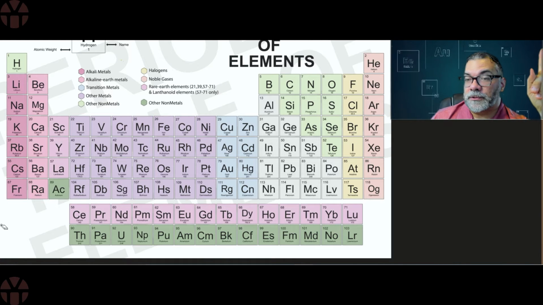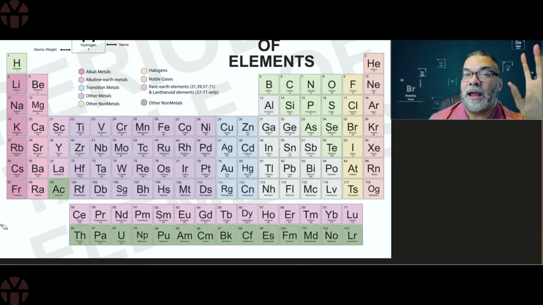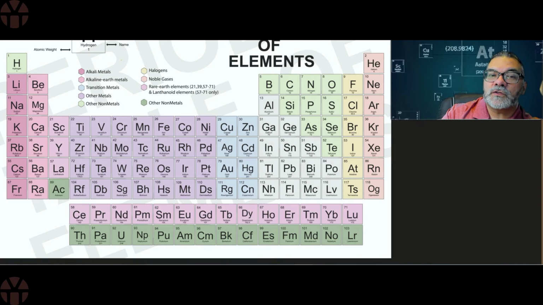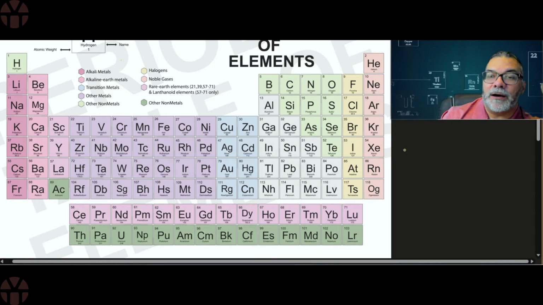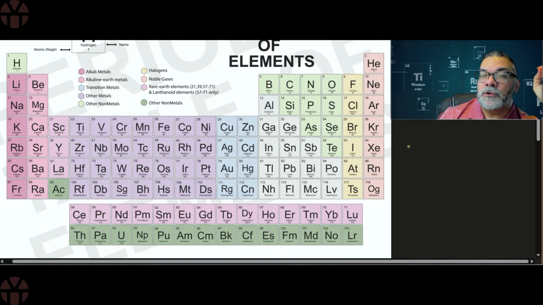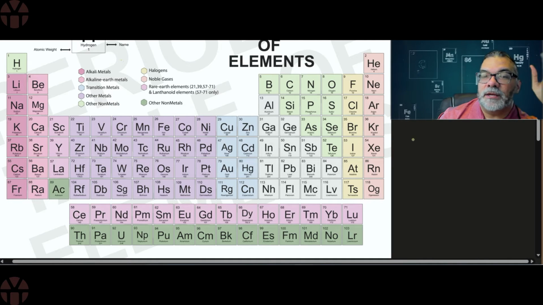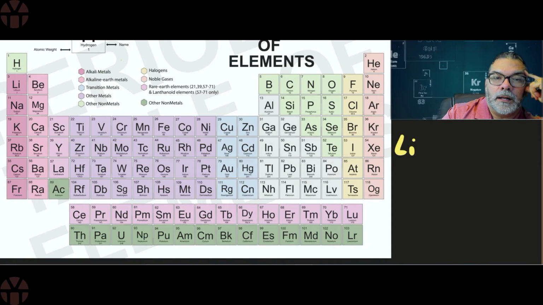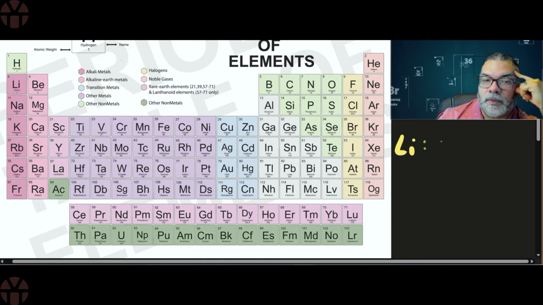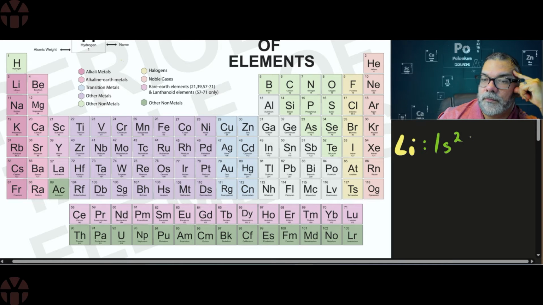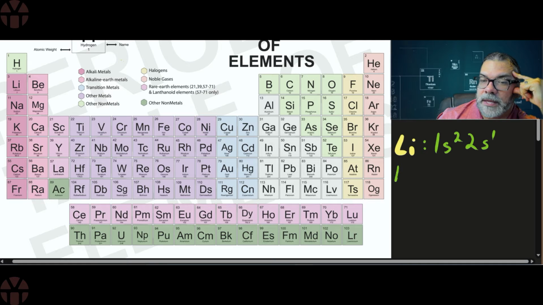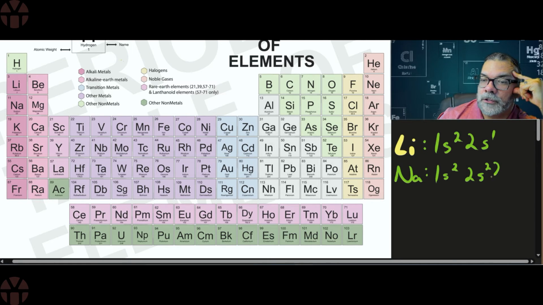And in order to help us with that, I'm going to write very quickly a couple of electron configurations, just so that we can refresh our memory of how it all fits together. I'm going to focus on lithium and sodium. And so lithium would be 1s2, 2s1. And sodium is going to come in at 1s2, 2s2, 2p6,